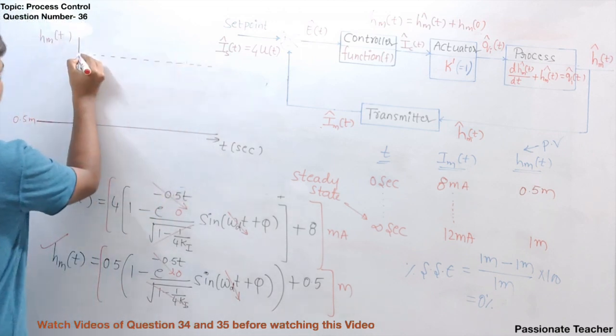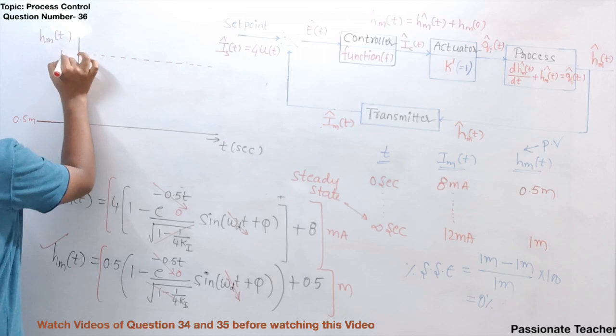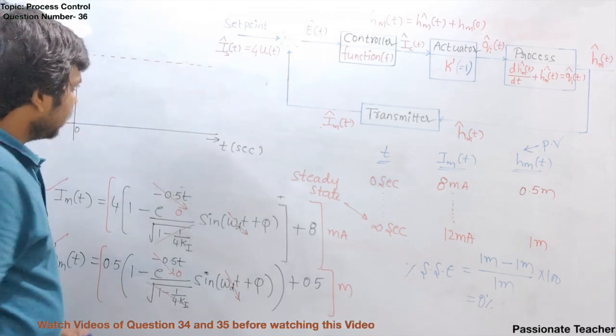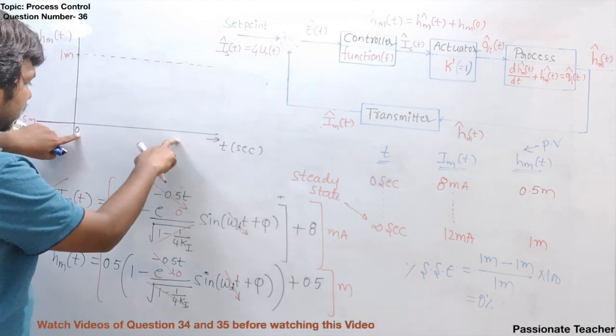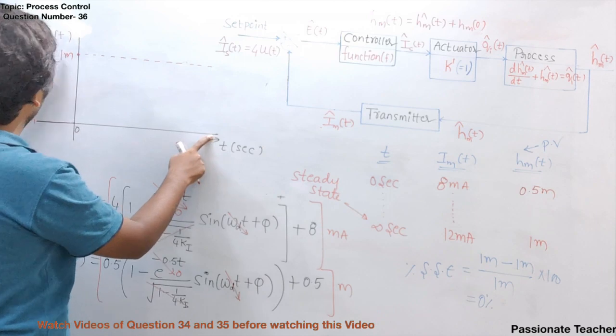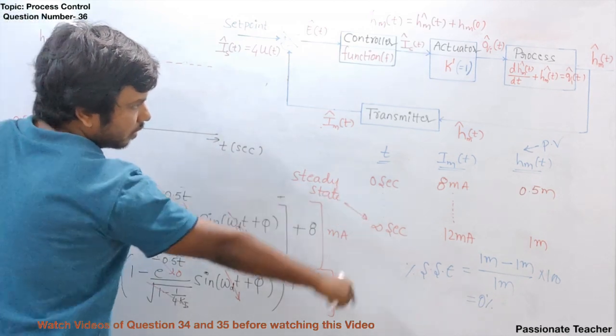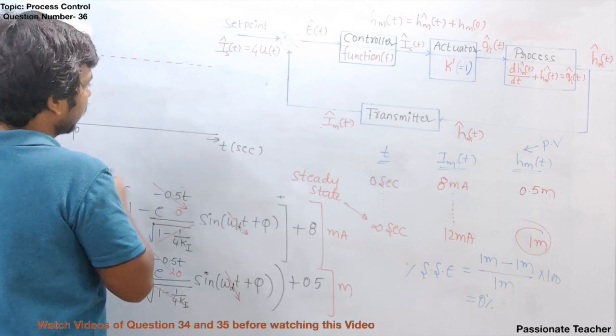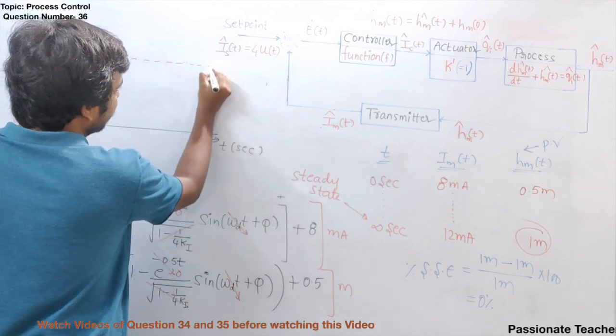Our destination should be, we need to reach the 1 meter line, right? So effectively it should change 0.5 meter. Now, after T greater than 0, if you look at infinite time, this water level is going to reach 1 meter, right? So that means finally it will come to 1 meter. After a long time it will come to 1 meter.